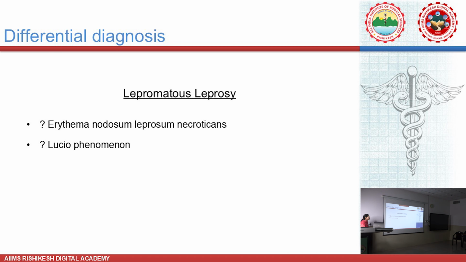So, Dr. Vitti, what are the differential diagnoses of nerve thickening? Any apart from leprosy? No other differential? There are differentials, so these include amyloidosis. In a very rare case of amyloidosis we might see it, but these cutaneous ulcers are not seen. It will have pinch purpura, it will have infiltrated plaques and papules, which were not seen in this case. So these nodular pustular lesions with ulceration are quite like erythema nodosum leprosum or Lucio phenomenon, along with nerve thickening. So I think nerve thickening and neuropathy, both are clinchers for leprosy. Thank you.